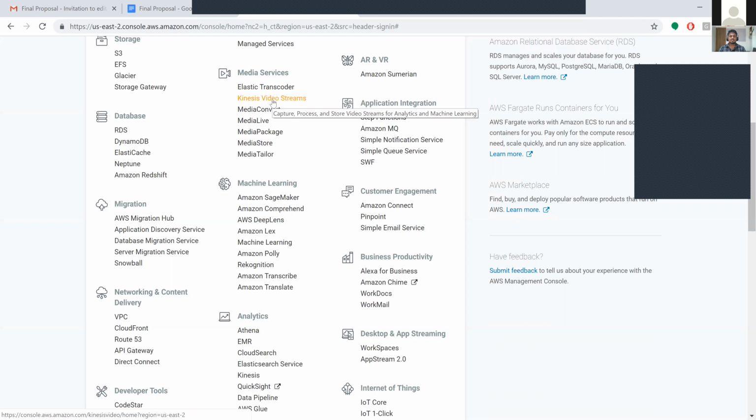Coming to Kinesis Video Streams, you can capture, process, and store video streams for analytics and machine learning. So what can we do with Kinesis and machine learning? You can train your service or your bot based on the videos.